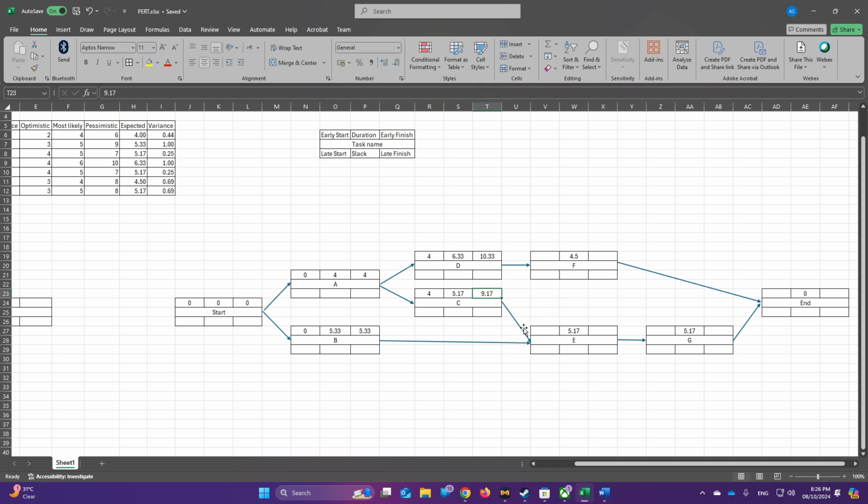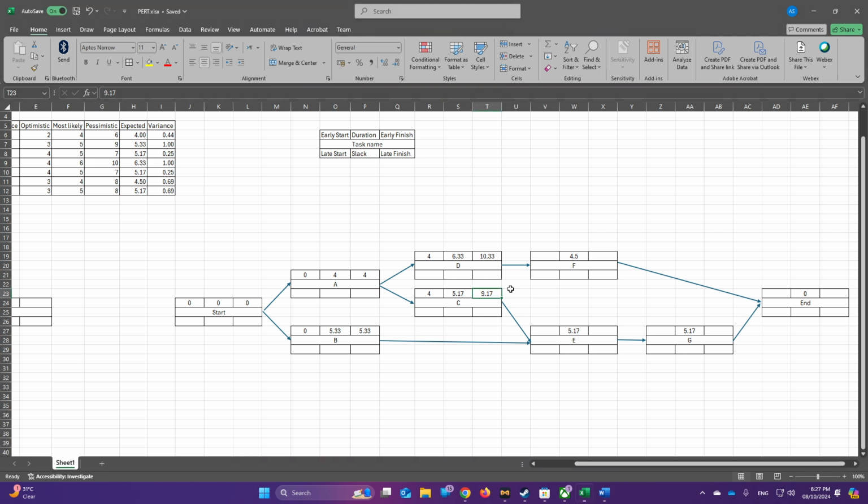As you can see here, both arrows point to this node, and we have two choices. We have 9.17 and we have 5.33. So we need to pick one. Now by common sense, you cannot start this task unless you finish both tasks. So we need to ensure that both tasks have finished, which means we will take the maximum duration, which is here 9.17. Sorry, we need to take the maximum late start. So here it is